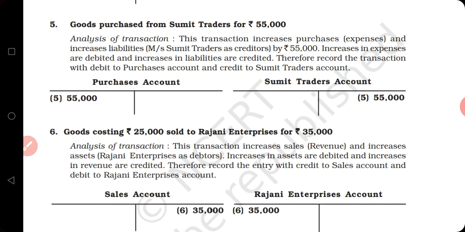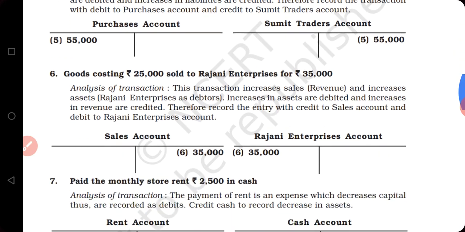So see. So first of all we will purchase the goods. Purchase account will be prepared. Purchase is just like an asset. So our assets will be improved. Your debit side of purchase account will be improved by 55,000. Another is Sumit Traders account. Again our liability has been improved. This is our creditor and we will prepare the account Sumit, and credit side will be improved by 55,000. Next 6.